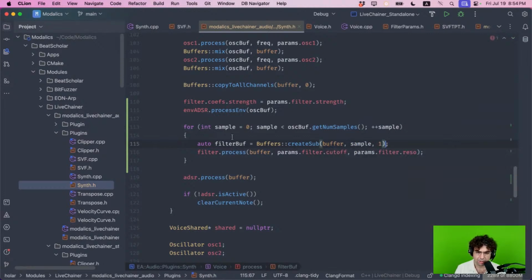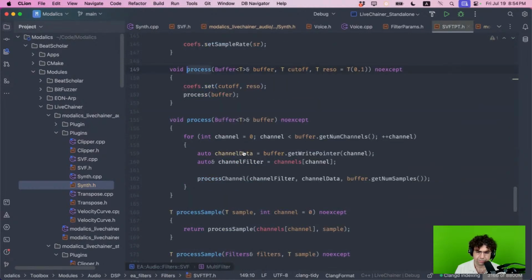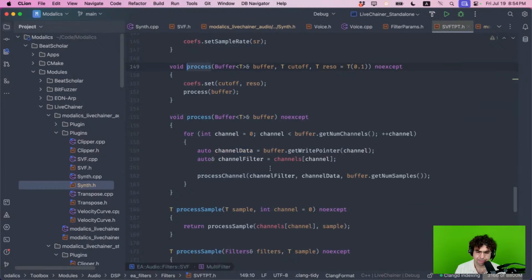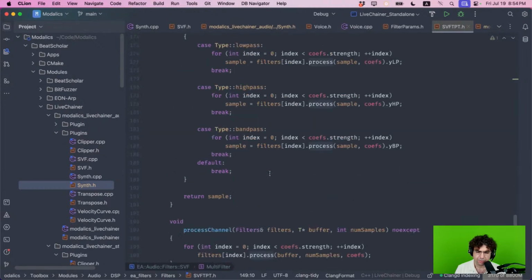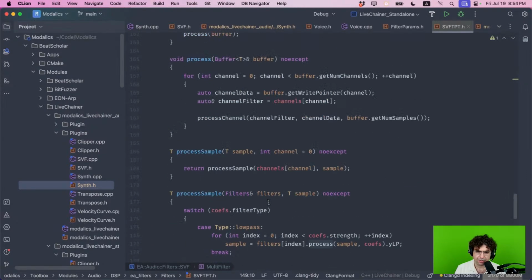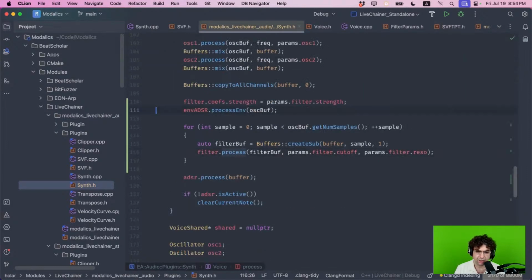So I'm going to process sample by sample, and also avoid process sample by sample, right? Without this, I don't know. Let's start with this, and then I am going to